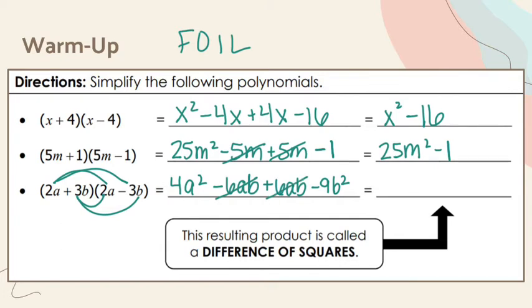This does not happen with every single multiplication of binomials. This only happens because if you look at these binomials, all of them that we've multiplied together,